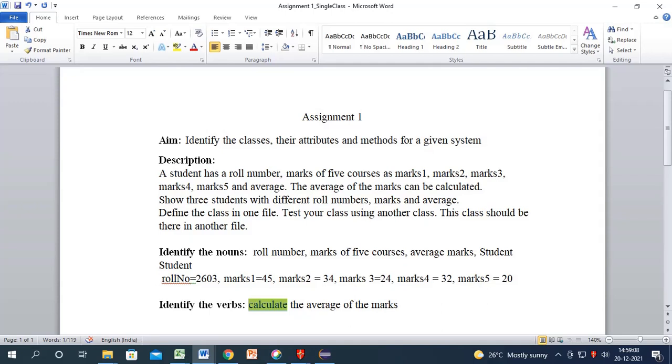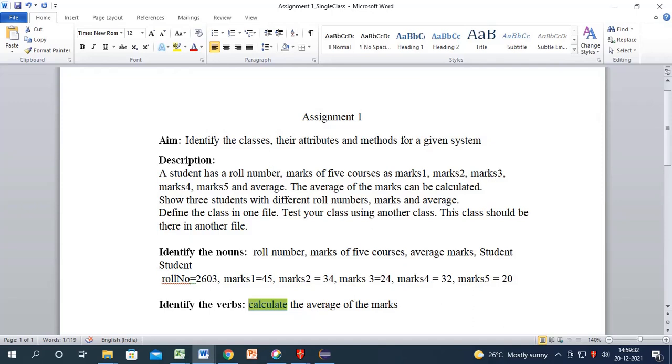Okay, so let us look at a small description from which we are going to write the code in Java. The description goes like this. A student has a roll number, marks of 5 courses as marks 1, marks 2, marks 3, marks 4, marks 5 and average.